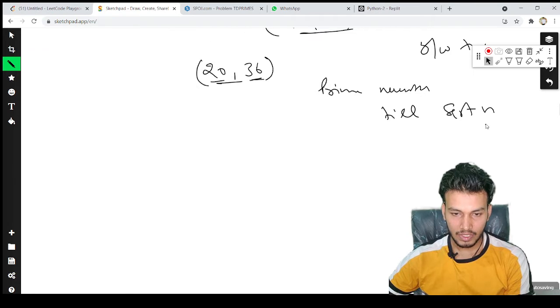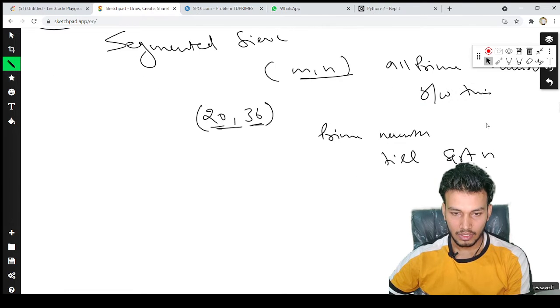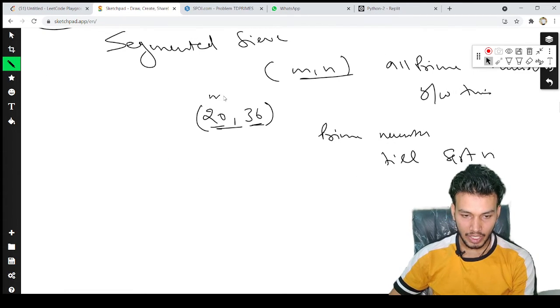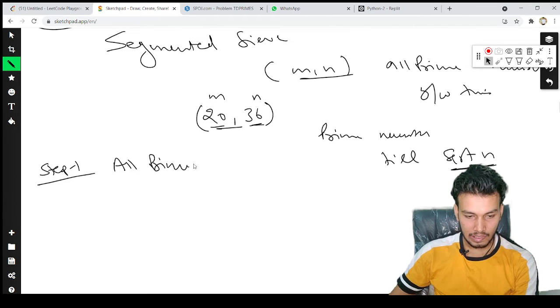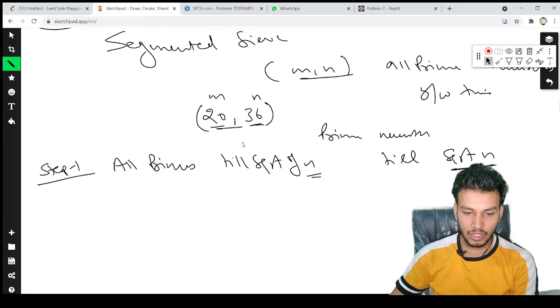This is m comma n right here, this is my m, this is n. So the step one will be to find all primes till sqrt of n. So why square root of n?